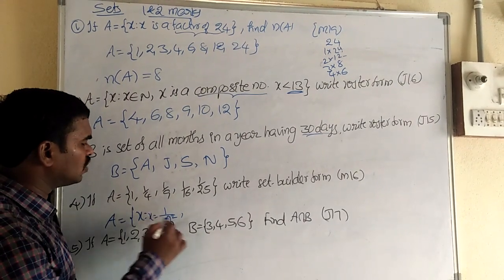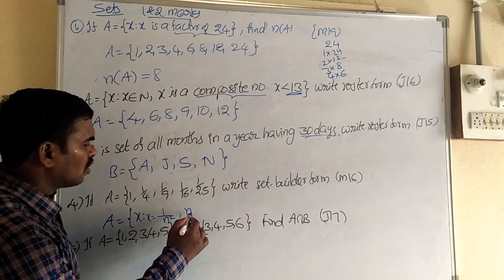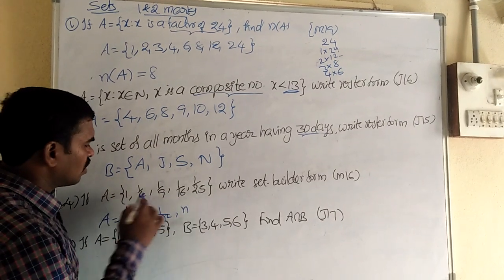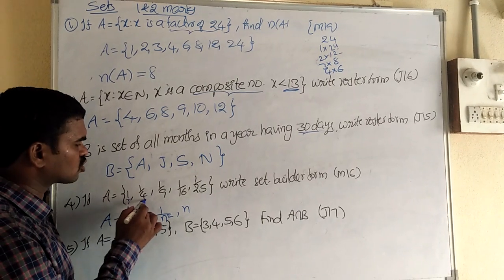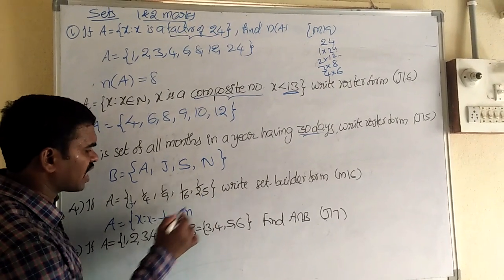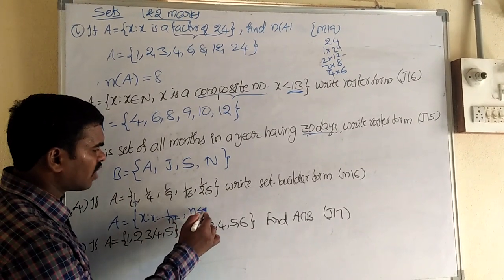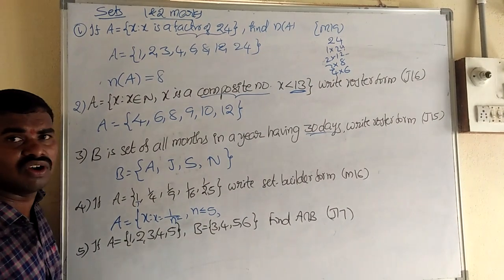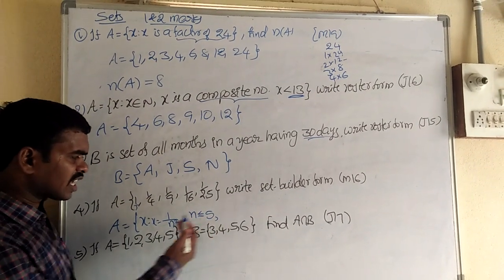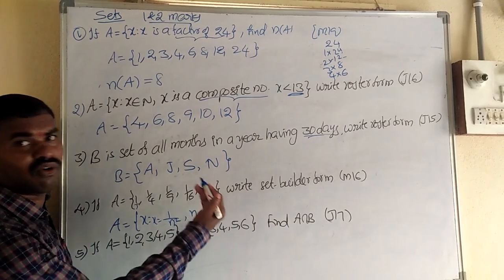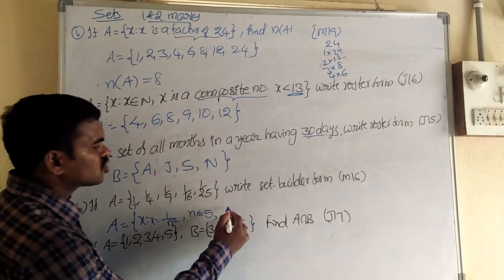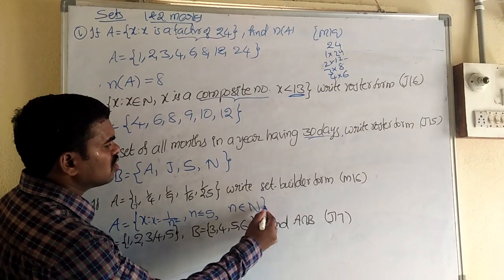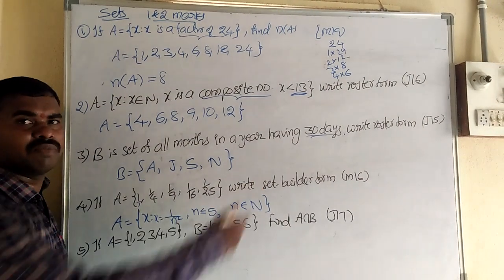What about the n value? Here where nothing is written, it means 1 by 1 is there. It can be understood as 1 square, 2 square, 3 square, 4 square, 5 square. So n goes up to 5 only. So n is less than or equal to 5, meaning 5, 4, 3, 2, 1. Up to there only. So n value belongs to N. This is the set builder form.